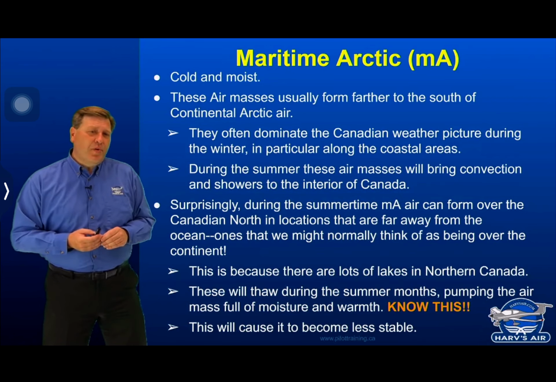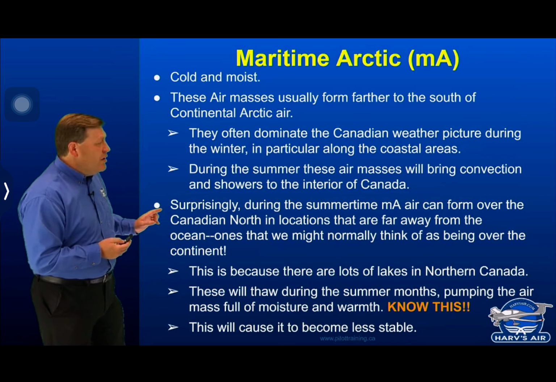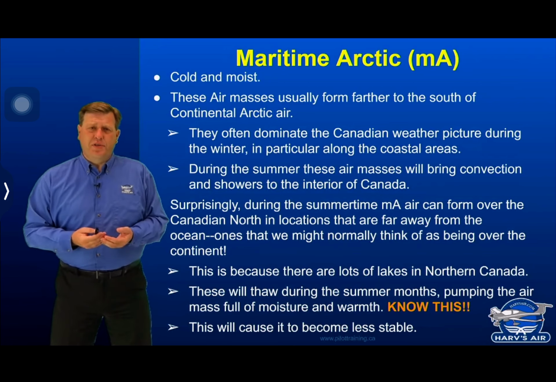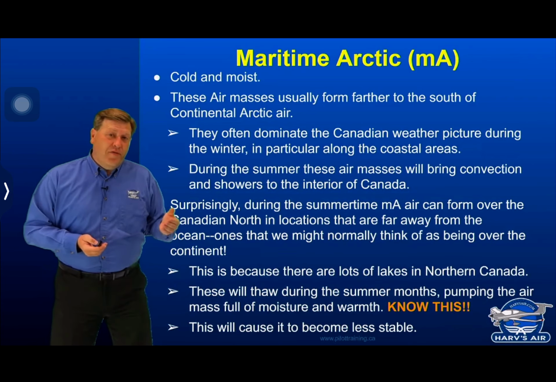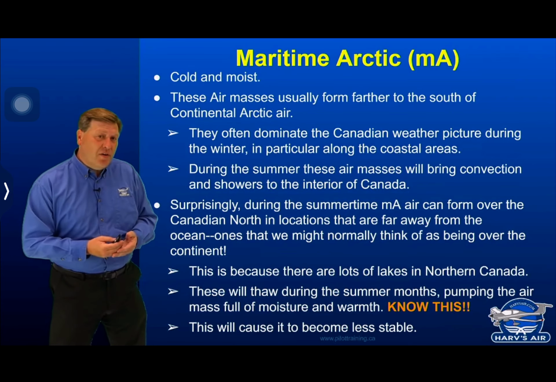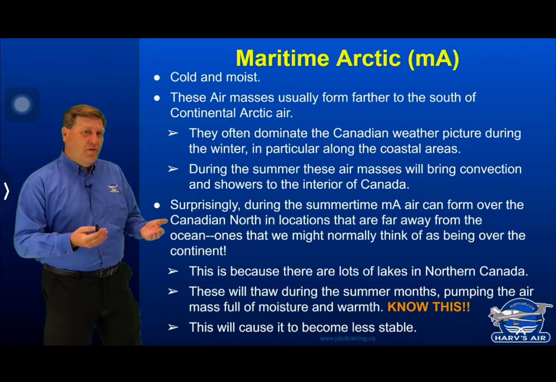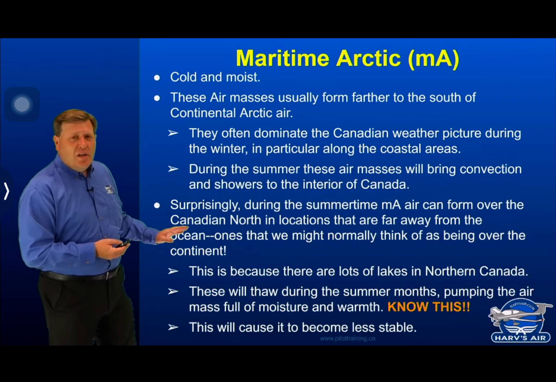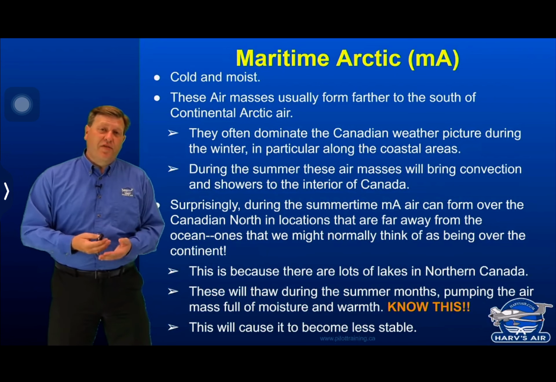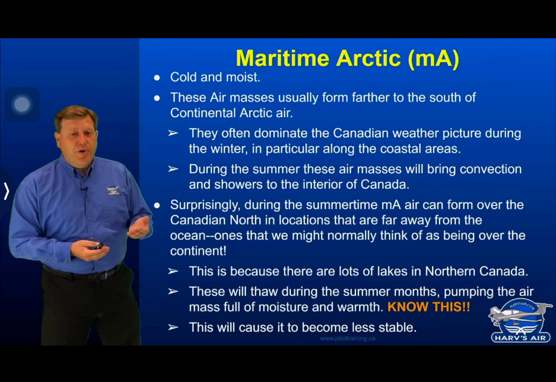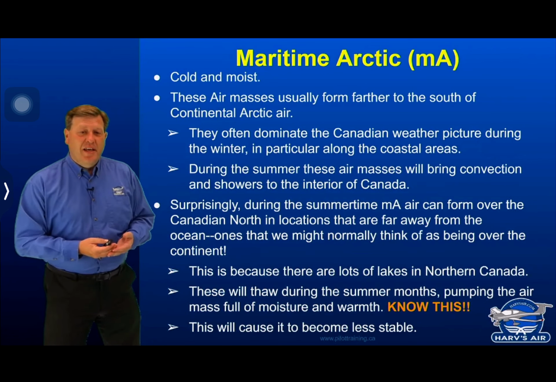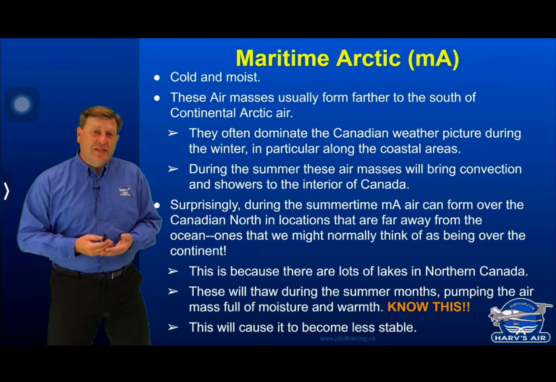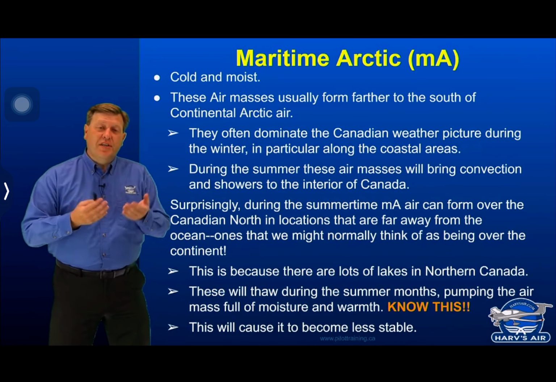Now, here's something surprising. During the summer, maritime Arctic air can form over the Canadian North in locations that are actually far away from the ocean. I mean, when you look at the photos of the air masses that we looked at earlier, well, normally maritime formed over big open seas, right? In the summertime, however, a lot of people forget that Canada has a lot of lakes in the far north. So it is possible that we could actually have maritime Arctic form over the high northern areas of Canada in the summertime. All those lakes would put a lot of moisture into the air, and we'll end up with